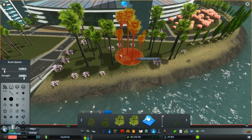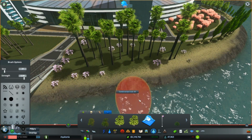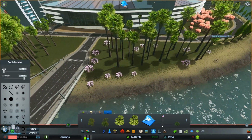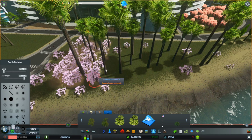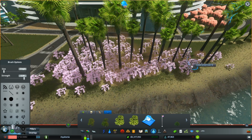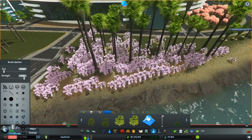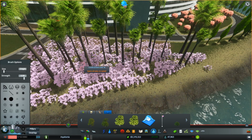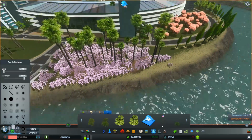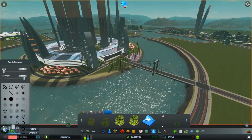The thing is, doing it with the brush just doesn't work. It just does not work. Let's do it with singles then. Okay, so now you can paint it. This is a very, very bad idea, by the way, but I'm doing this for speed. Right, and so you get a ground covering of the